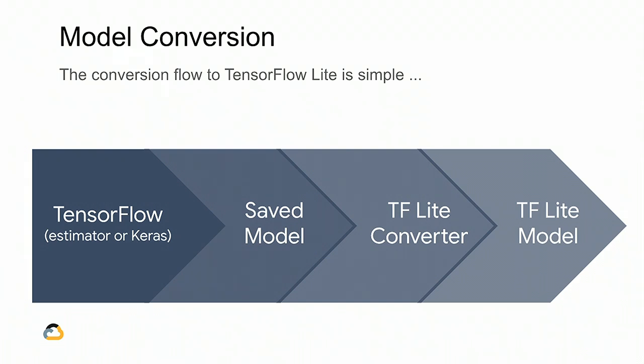To be able to get it to work on mobile, there's a TF Lite converter, which shrinks that model, freezes parts of it, and allows you to use it on TensorFlow Lite. So you go through these steps for model conversion so that you can then execute your model on a mobile device. And when I say mobile device, we're actually moving beyond just iOS and Android. The same process will let your model work on embedded systems. We recently released support for some microcontrollers, and embedded systems like IoT-type devices such as Raspberry Pi.